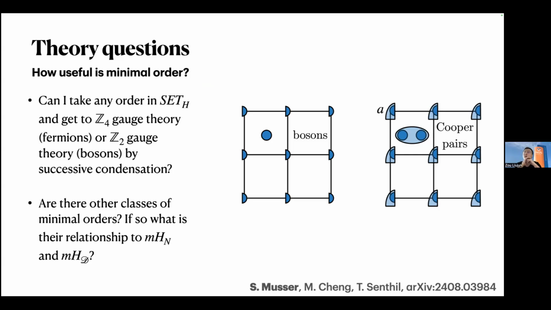Also, speaking of the emergibility of the possible SETs that can emerge in such a system, in this work you have some constraint of the minimal topological order, but do you have a systematic anomaly matching framework like what we developed before to check whether a particular SET can emerge?